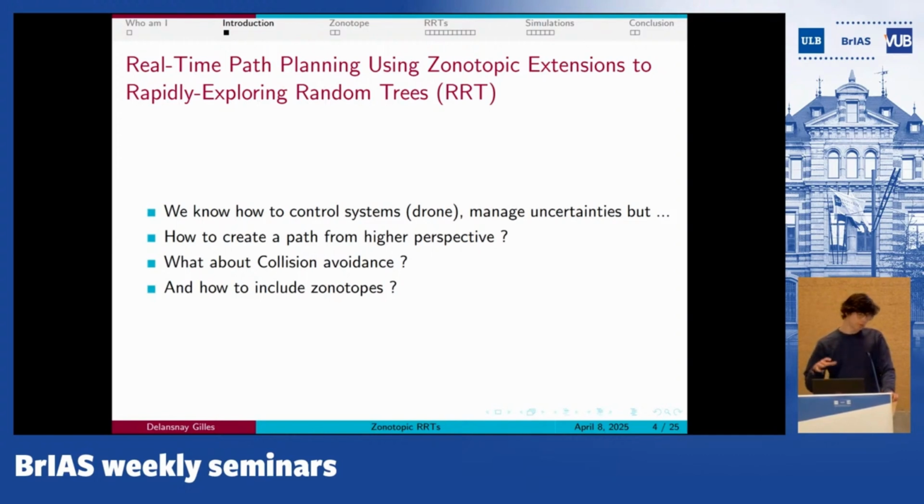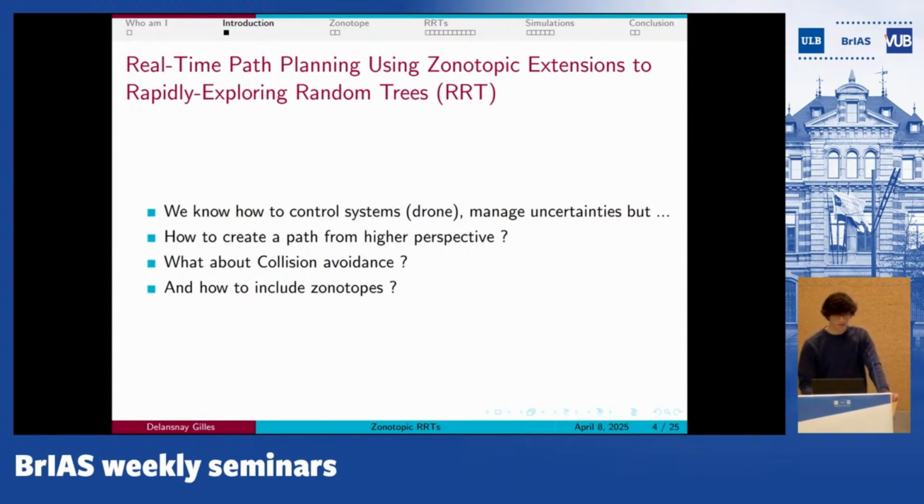But from a higher perspective, there are always some drawbacks in the control methods. We always need to somehow define an objective, and this objective is often a reference to track, a given point in space to go to. As we evolve systems such as drones, we want more autonomous systems that are able to go in a direction and move in an environment without a particular point in space being given by a specific user